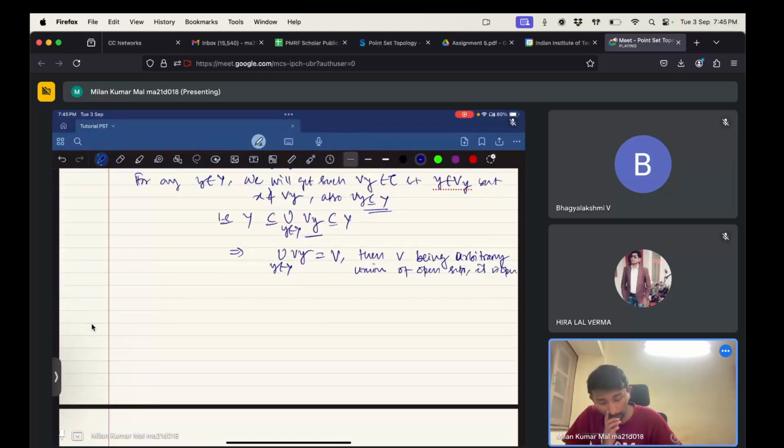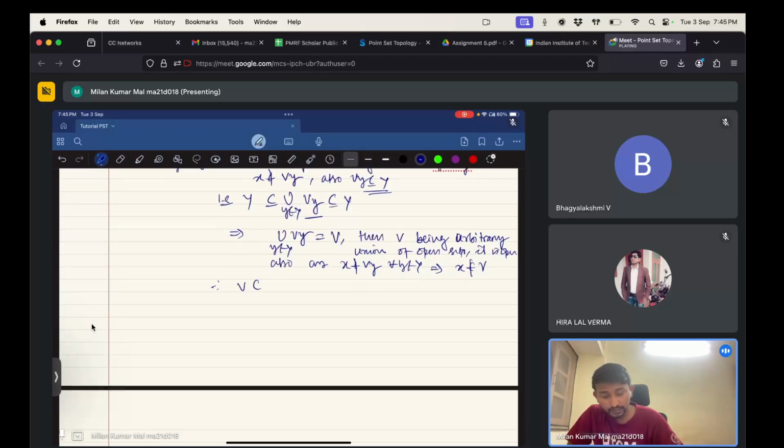First, this is open, and also as x does not belong to V_y for all y belonging to capital Y, that implies x is not even in V. That means V is a subset of X minus {x}, and that equals Y. That means for every y belonging to capital Y, there exists an open